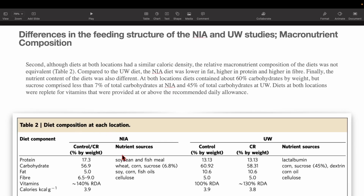The NIA diet was still garbage. Even though we weren't seeing the benefits, they were still eating soybean and fish meal, and then wheat, corn, sucrose, and then soy, corn, and fish oils with cellulose as a fiber. So still a pretty terrible diet as far as nutrient sources go, just significantly better than the UW, which